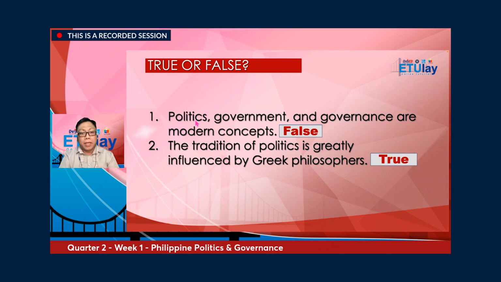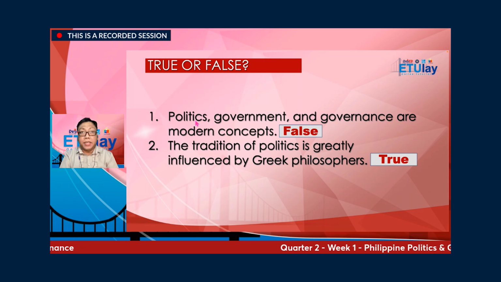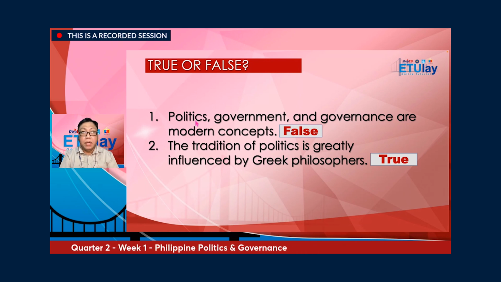Okay? Because the Greek people are the ancient champions when it comes to democracy and talking about the goodness of the society and the republic in ancient times. So have you heard the saying, the glory that was Greece and the grandeur that was Rome? It's because they are the champions of democracy.